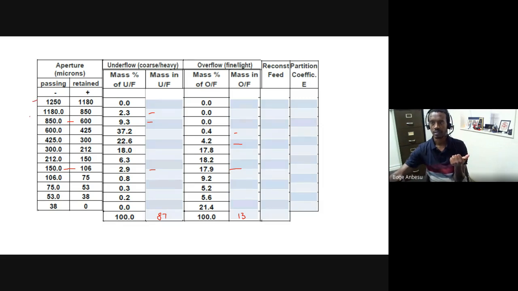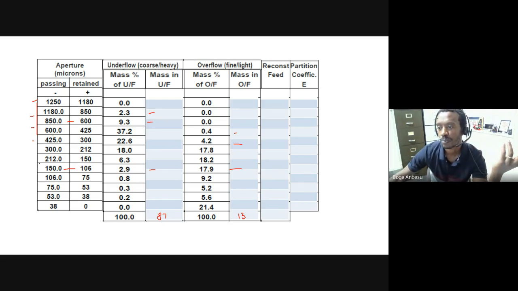ኦኬ ለእያንዳንዱ ሳይዝ ፍራክሽን ስል ለዚህ ሳይዝ ፍራክሽን ለእያንዳንዳቸው ሳይዝ ፍራክሽን ይሄ እንዴት ነው የሚወሰነው? ይሄ እንደ የኦፕሬሽኑ ነው። አንዳንዱ ፓርቲክል ሳይዙ ሲጀምር ለምሳሌ 500 ከሆነ ኮርስ ፓርቲክል የሚባለው ከዚህ በላይ ያለው ማድረግ there is no point። ምክንያቱም ምንም እንደሌለ ካወቅን ይሄን አልሲቭ መምረጥ የለብንም ማለት ነው የግድ። ኦኬ አንዳንድ ኦፕሬሽን ደግሞ ሜቢ ፋይን የሌለው ኦፕሬሽን ሊሆን ይችላል። ስለዚህ ለምሳሌ ከ150 በታች ምንም ከሌለ እነዚህን ሜሽ ሳይዝስ መጠቀም አይጠበቅብንም ማለት ነው። ስለዚህ የምንሰራው ፓርቲክል ሳይዝ ዲስትሪቢዩሽን የሚወሰነው ራፍሊ ባለን የፓርቲክል ዲስትሪቢዩሽን ነው።